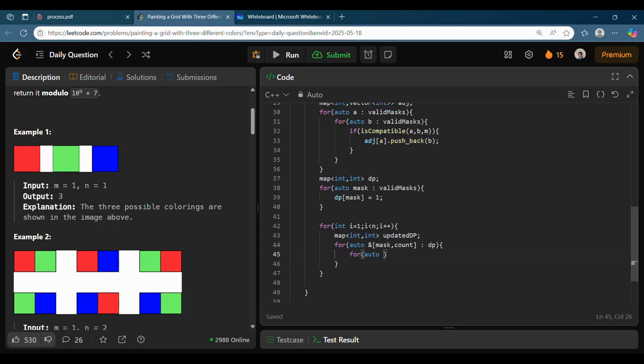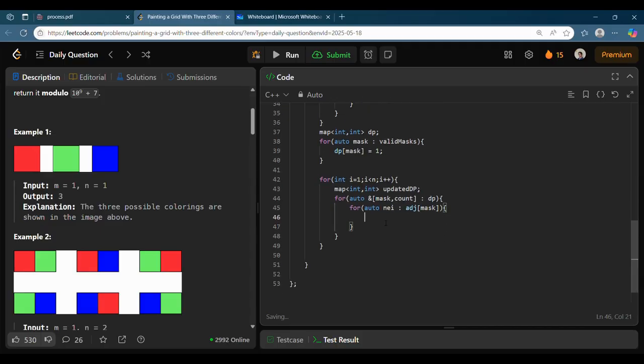So I have, let's say, neighbor mask. Yeah, we have the adjacent elements. Now we will try out all the adjacent elements.